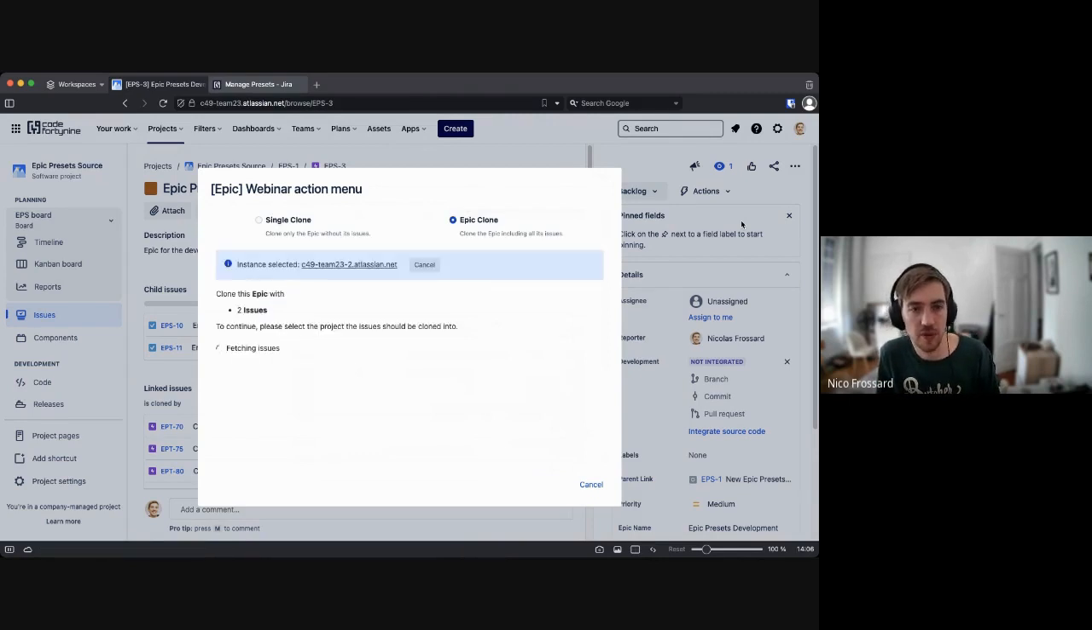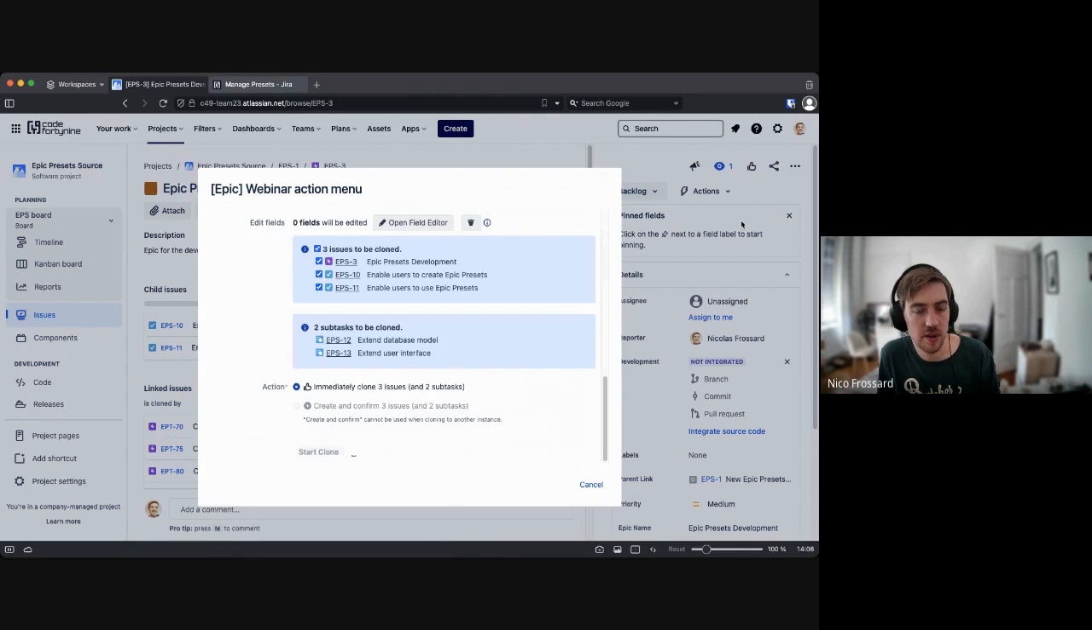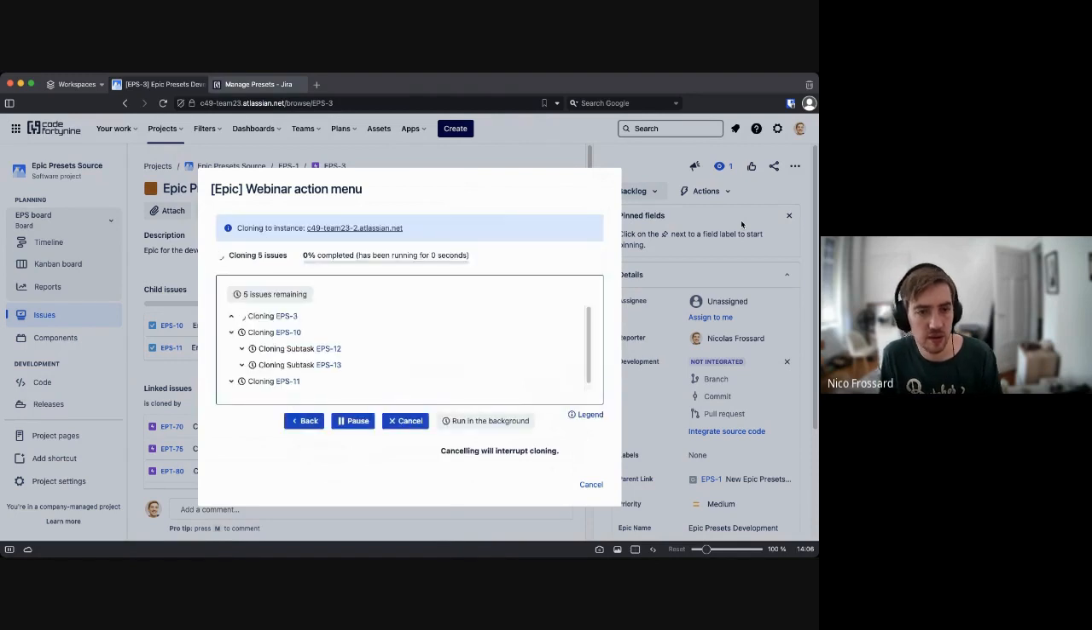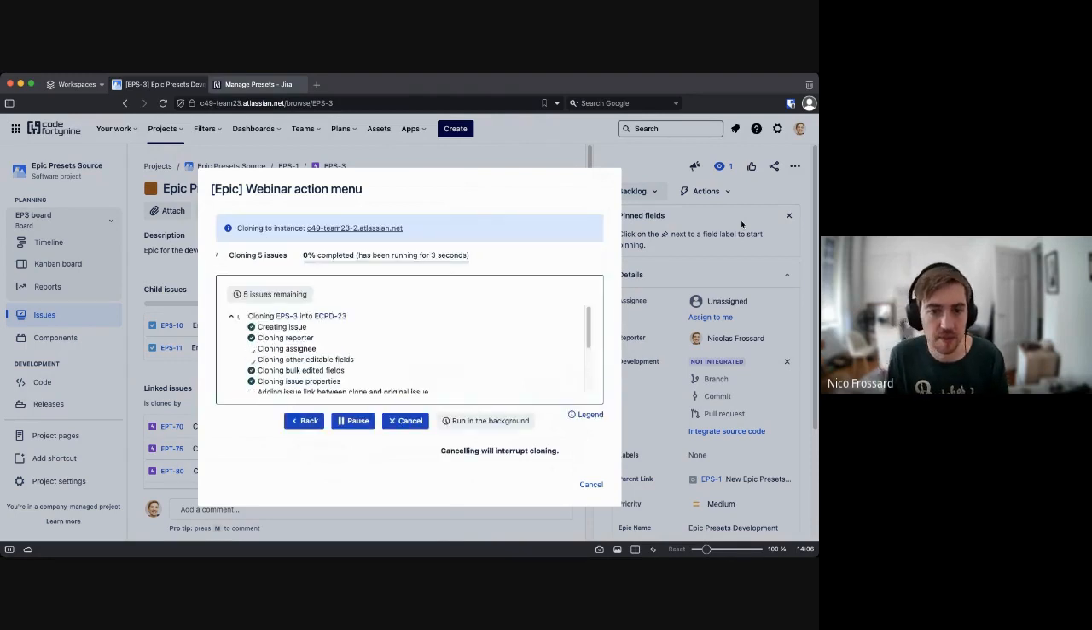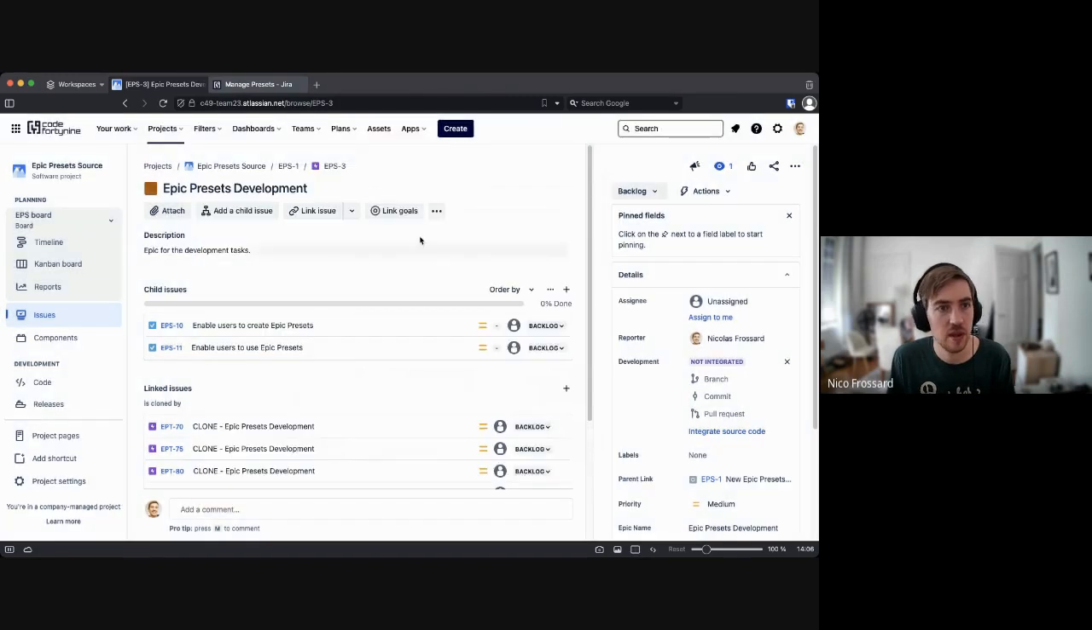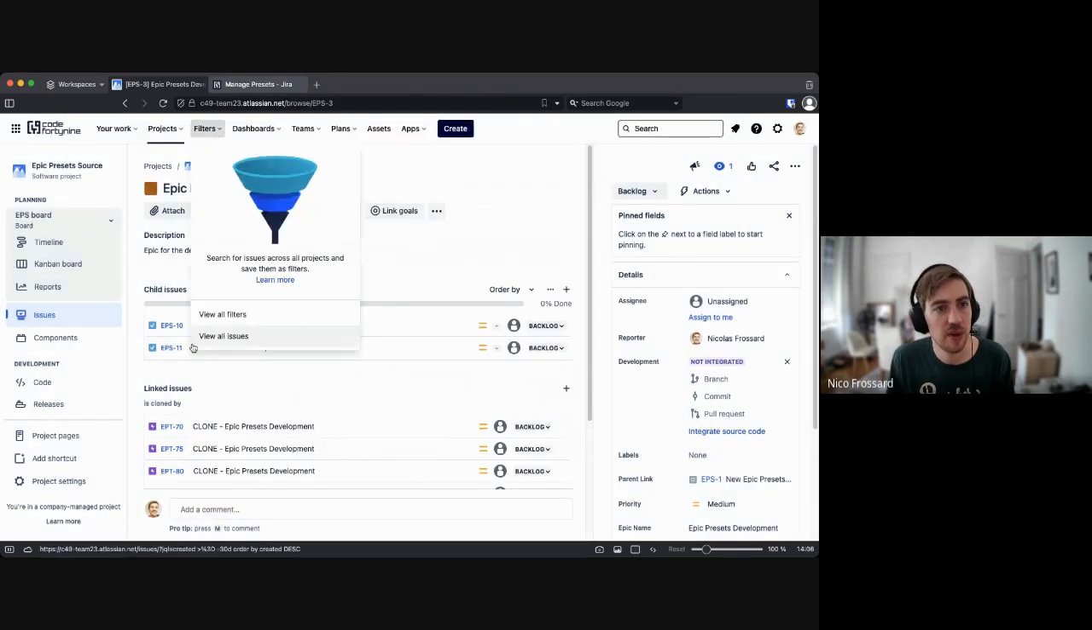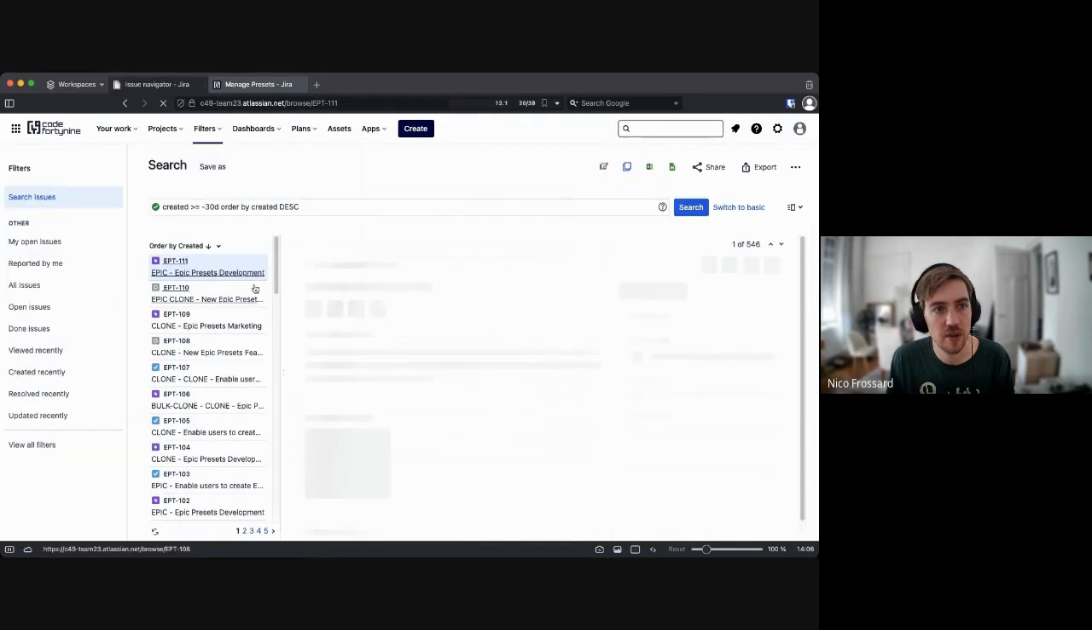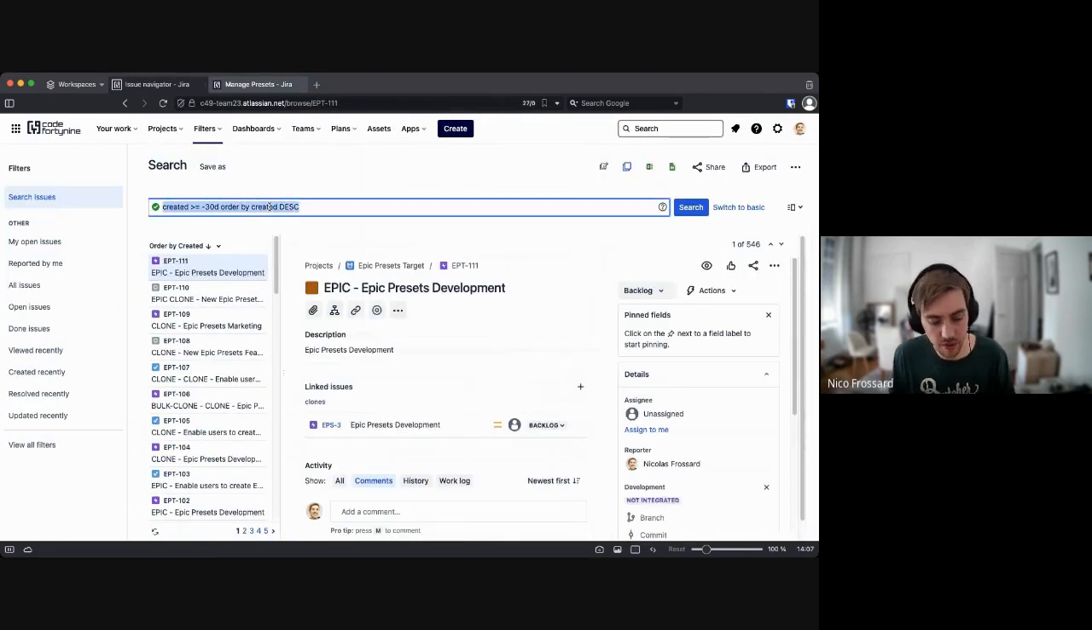And as before, everything is happening automatically. And now I can see that the cloning is working. So that's probably the fastest way you can clone an epic using deep-clone4Jira now. So today we spoke about epic clone, but everything that we've shown, except for the action menu I just showed,